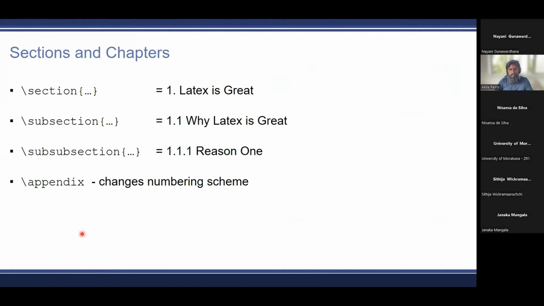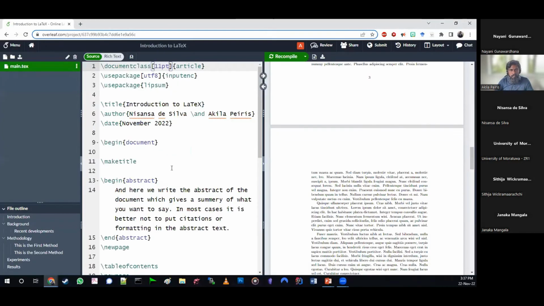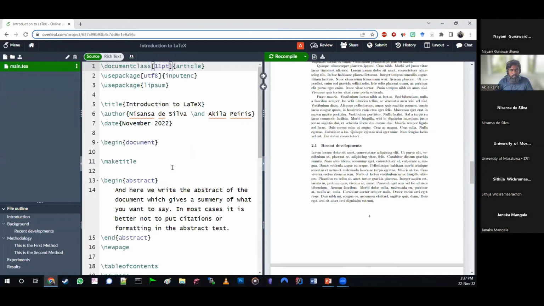Appendices. Now, appendices usually have a different numbering system, right? So, how would you handle it in LaTeX? All you need to do is to give this particular command, and then say continue as it is. So let's try to add some appendices.